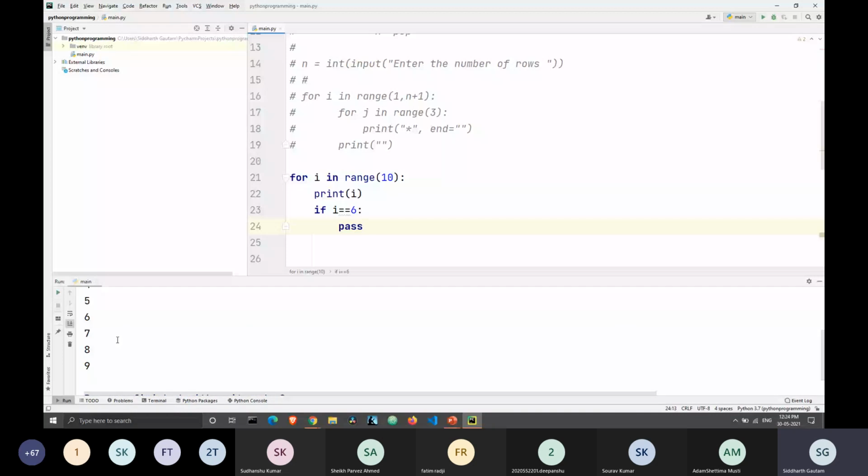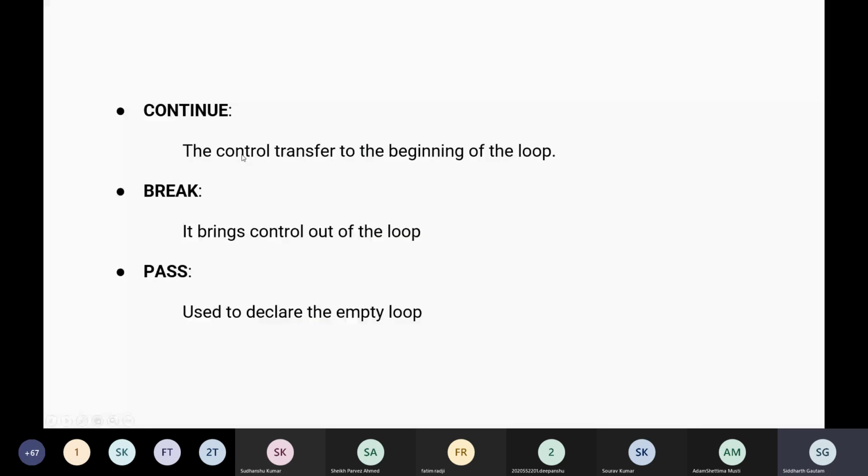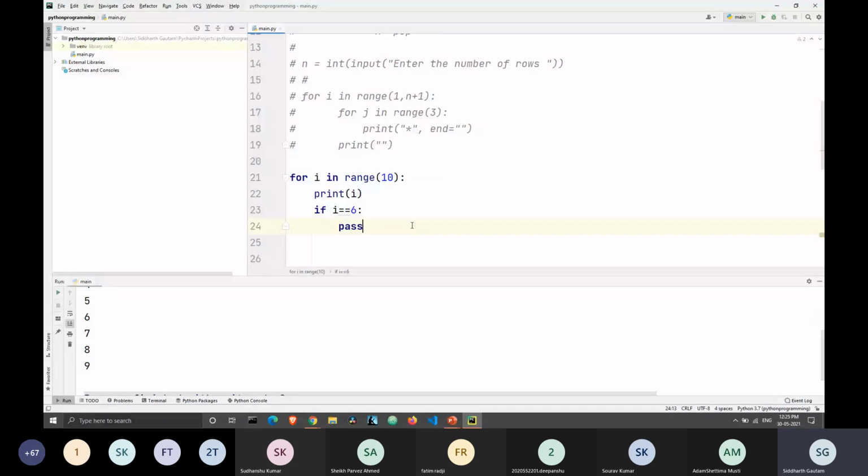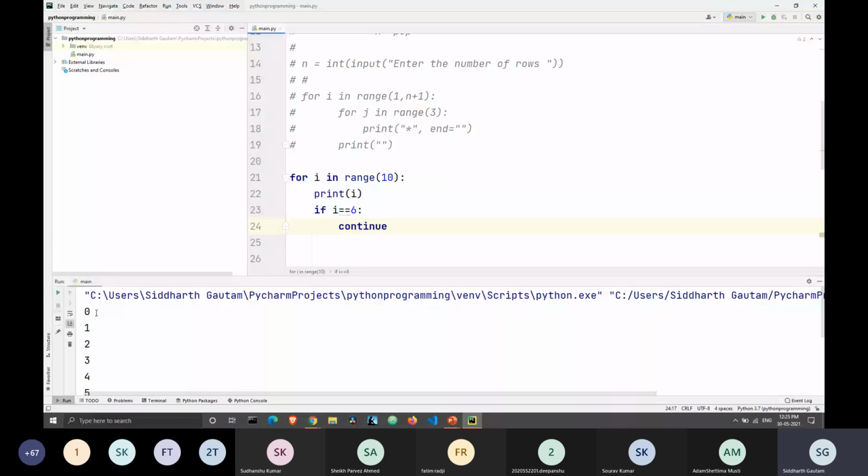And a third statement is continue. What continue does is that it sends the loop back to the beginning. Okay, let me rephrase that. If I write continue here, as soon as Python reads this continue, it will go back to the beginning of the loop. So let's try to run this. And as you can see, again, the output gets printed from 0 to 9.